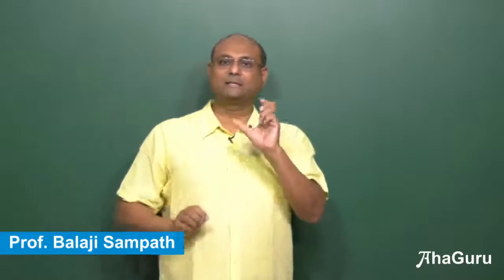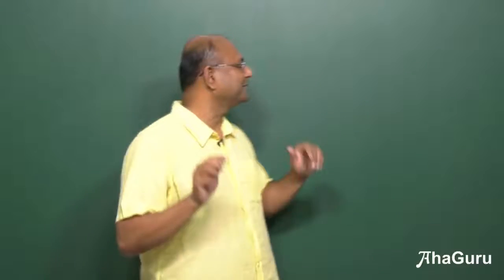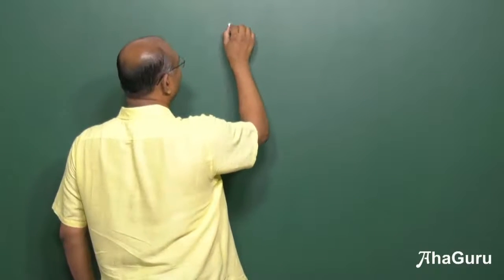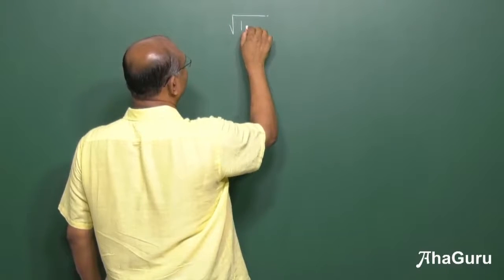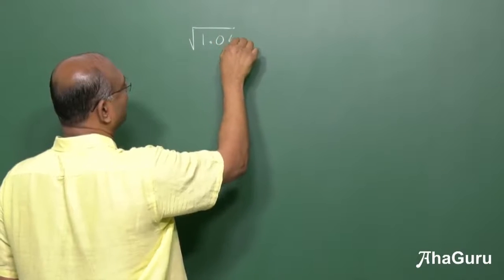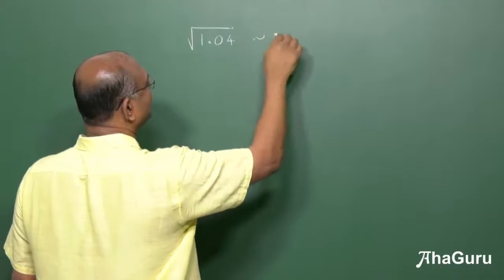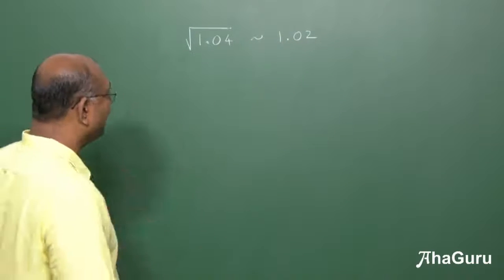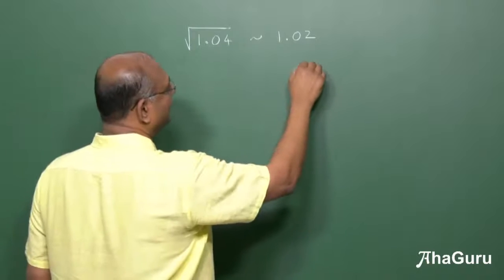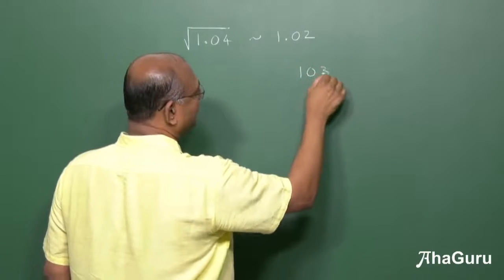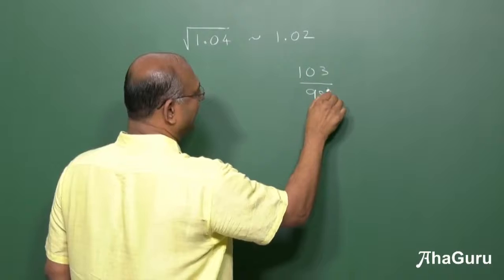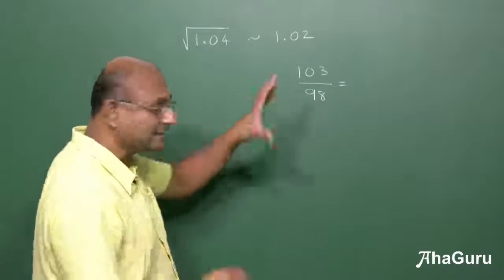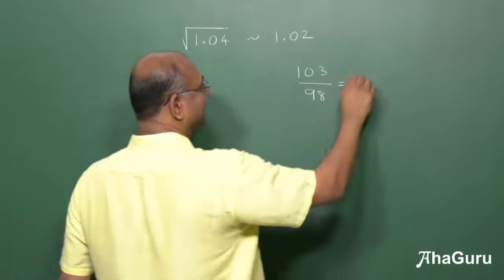Now we are going to learn something which is extremely interesting. This one is not just useful for errors, it will be useful for lots and lots of things. For example, if I wanted to find the square root of 1.04, I would be able to say that the answer is approximately 1.02. With the same idea, you will also be able to say that if you wanted to find what is 103 divided by 98, you should be able to just mentally, without doing very much, directly say that the answer is